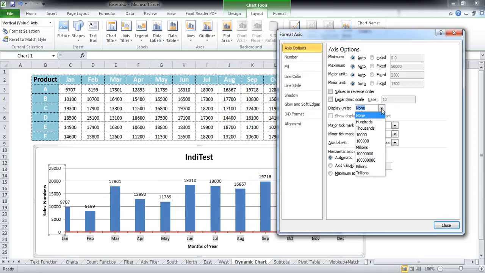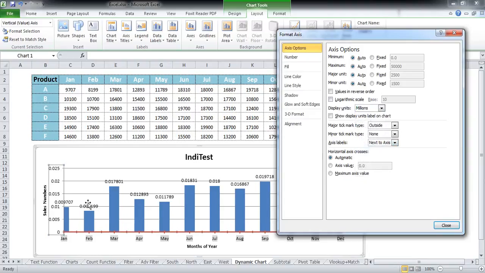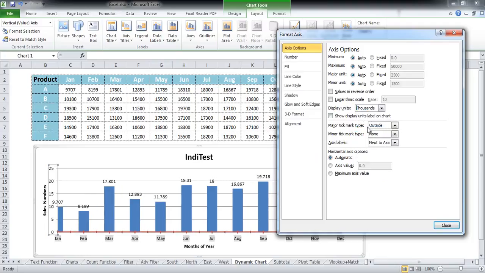The next thing is, what if we wanted the vertical axis to appear in the form of millions? So clicking on this, now the vertical axis is appearing in the form of millions of numbers, and you can see 0.025. It is not 0.025 here, it is 0.025 million over here, and accordingly, whatever I put over here, the whole numbers would change.